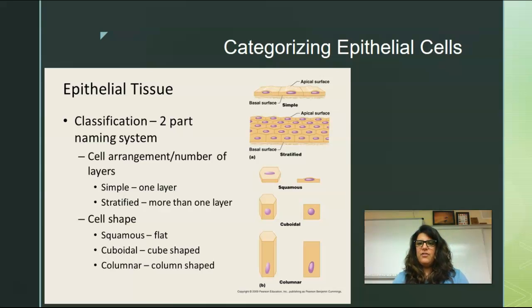So for instance, if you have a simple columnar epithelial tissue, that means that you have a single layer of column-shaped cells. If you have a stratified cuboidal epithelial layer, that means that you have more than one layer. The top layer is the layer that we name the tissue after. So the top layer of cells would then be cuboidal, which would be cubed shaped. So more than one layer, and the top layer has cubed shaped cells. So just by looking at the name closely of epithelial tissue, you kind of get an idea of some general